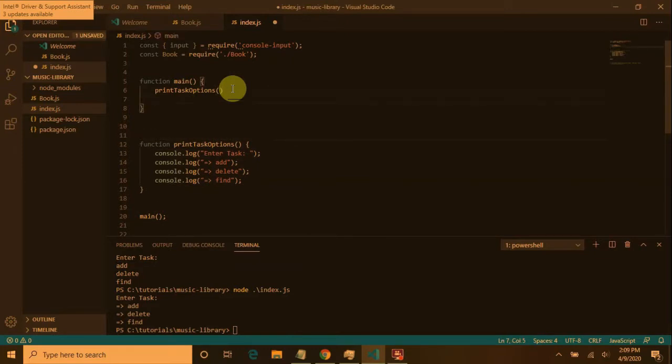We've printed them. Now, depending on what the task is, we want to run a certain function, right? So right now we just want to focus on adding a book. So I guess we need to get input, so we need to say, hey, enter one of these tasks, and then we can say const, user task equals input, and we're going to say